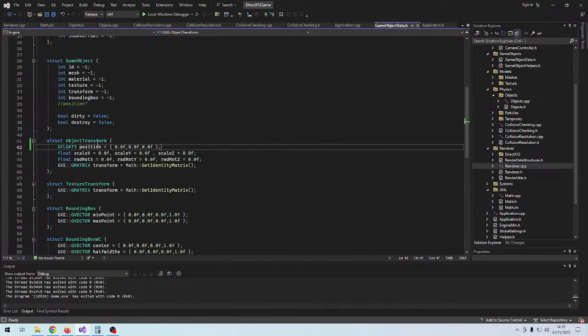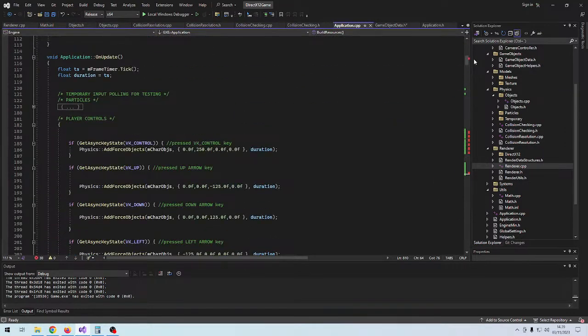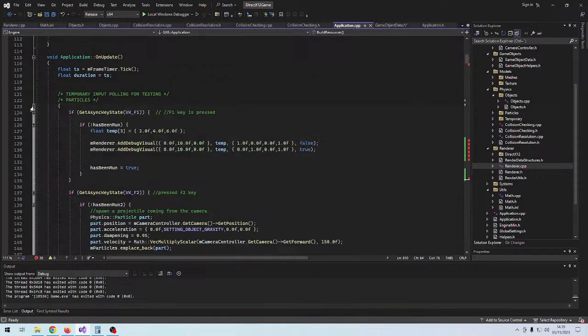This resulted in me ending up redoing parts of the